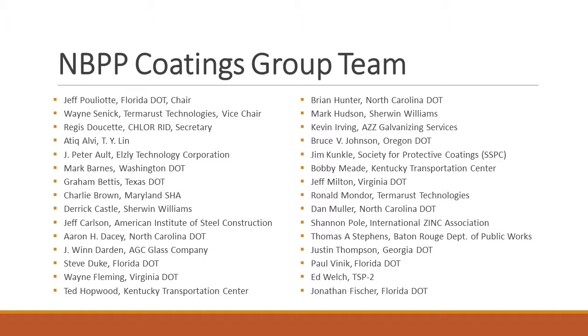Jay Wynn Darden of AG Glass Company. Steve Duke, Florida DOT. He's our expert on steel fabrication. Wayne Fleming, Virginia DOT, one of Jeff Milton's counterparts, a very active member, very helpful. Ted Hopwood from the Kentucky Transportation Center, the superstars of research in this area. Brian Hunter, North Carolina DOT, Mark Hudson, Sherwin-Williams, Kevin Irving, who's here somewhere, right there, from AZZ Galvanizing Services, Bruce